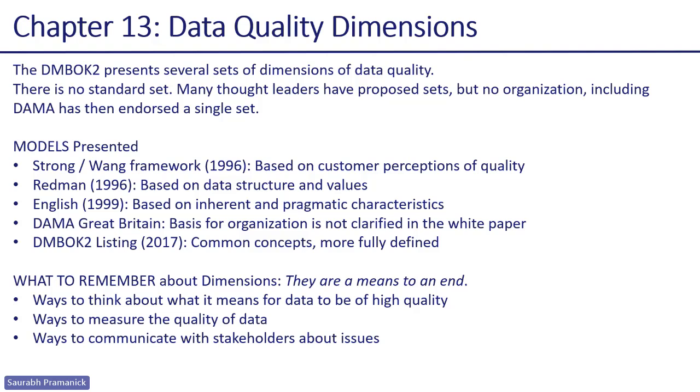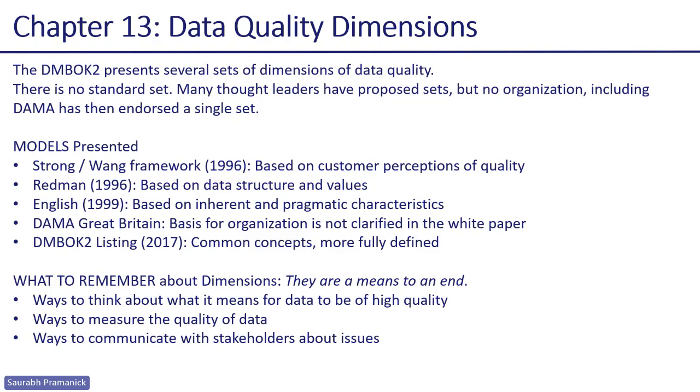So across the data model that they had, the content, the level of detail, composition, consistency, and reaction to change. From a data values perspective, we had dimensions represented. From a representation perspective, we had different dimensions represented. Then similarly, Larry English, primarily in 1999, in Improving Data Warehouse and Business Information Quality, represented a comprehensive set